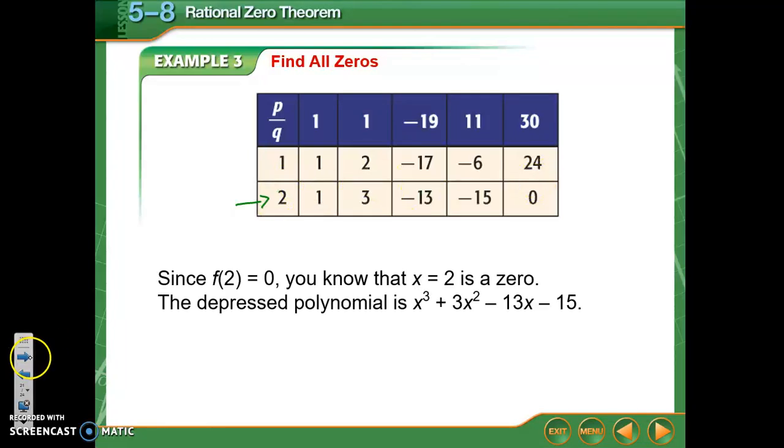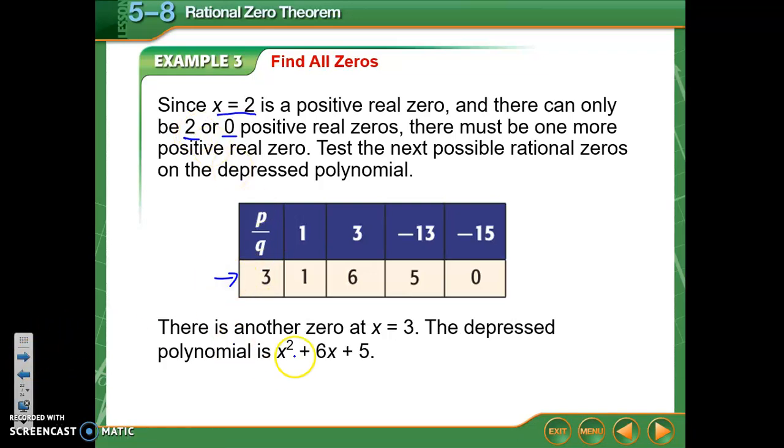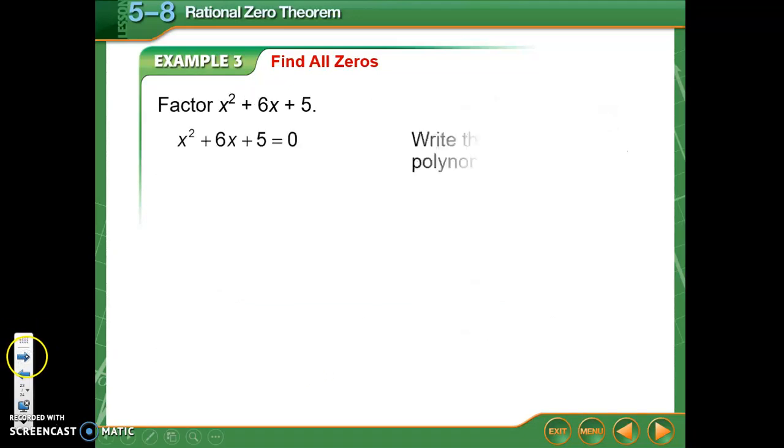So since f of 2 equals 0, I know x equals 2 is a 0, and my depressed polynomial, which we would get from here, would be 1x cubed plus 3x squared minus 13x minus 15. Based on our table at the beginning about Descartes' rule of signs, x equals 2 is a positive real 0, and I can only have 2 or 0 positive real zeros. So I need to look for another one. Here they show you that when you plug in 3, 3 is another 0. So my new depressed polynomial is now quadratic, and we can solve that the normal way by